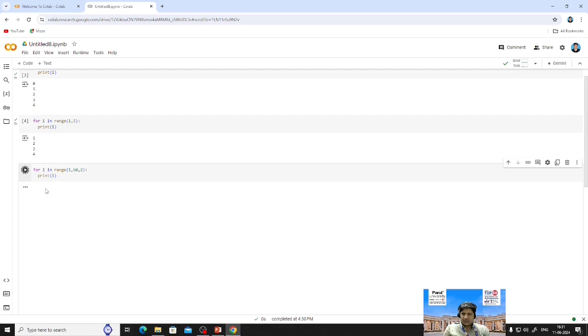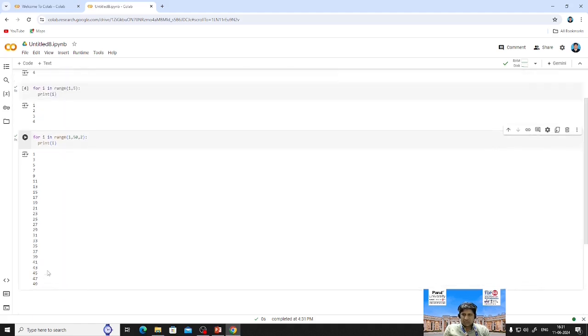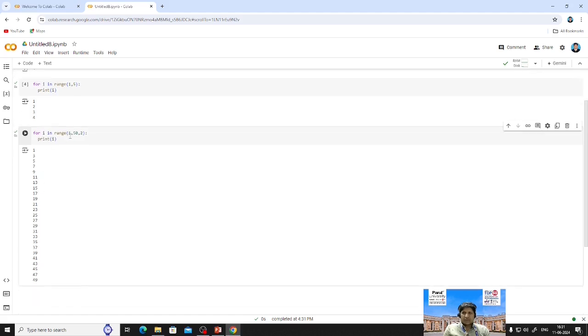Now the difference between the first and second number is 2. You can see 1, 3, 5, 7, 9, 11. All these odd numbers are printed between 1 and 50. The 2 decides the difference between a term and the next term. You can see clearly the difference between 1 and 3 is 2, 3 and 5 is 2, 5 and 7 is 2. Each term has a difference